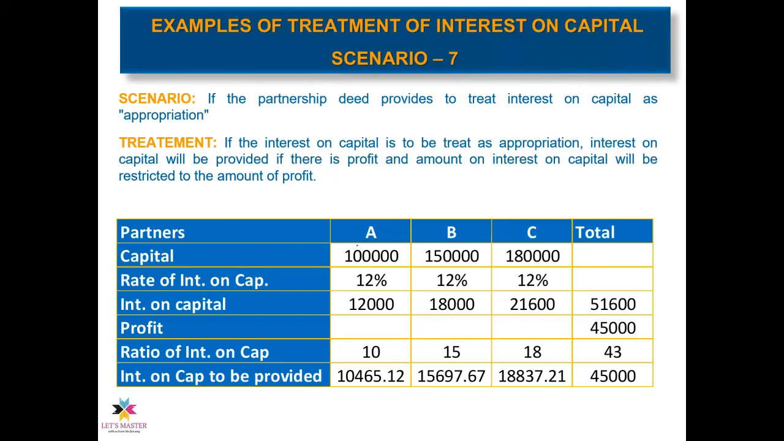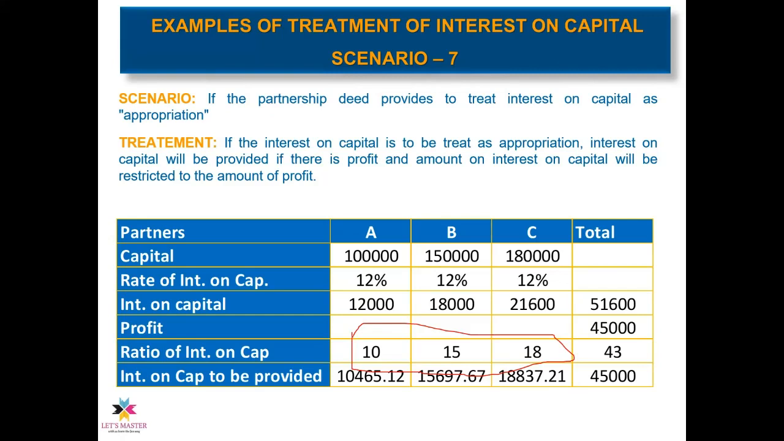So here the capital invested by the partners are 1 lakh, 1,50,000, 1,80,000. Rate of interest on capital is 12%. So 12,000, 18,000, 21,600. Total comes out to 51,600. But the profit earned is only 45,000. So this 45,000 would be distributed among the partners in the ratio of interest on capital, which is